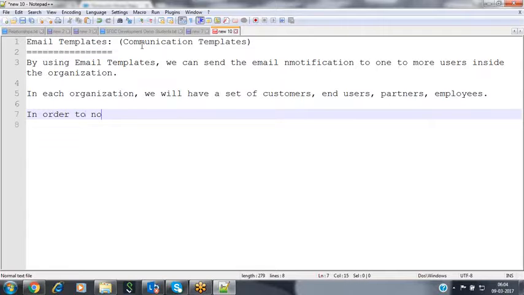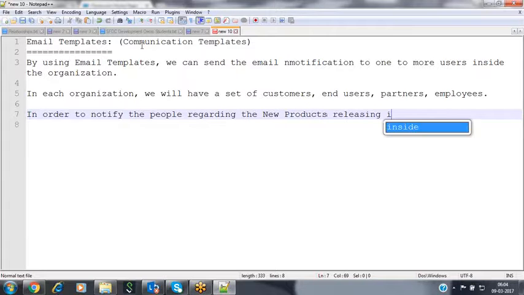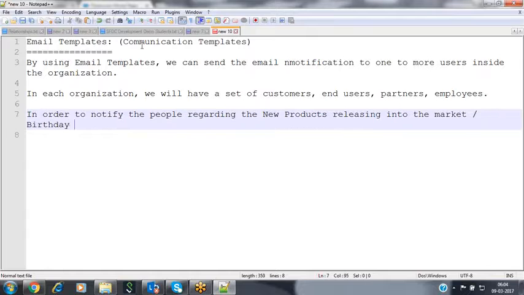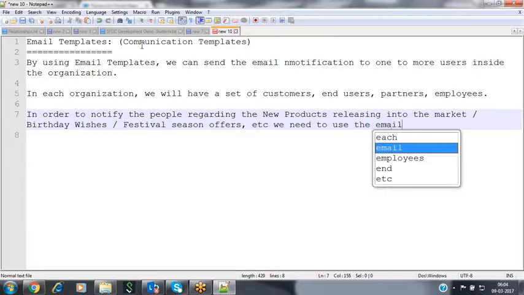In order to notify the people regarding new products releasing into the market, or birthday wishes, or festival season offers, etc., we need to use the email communications.